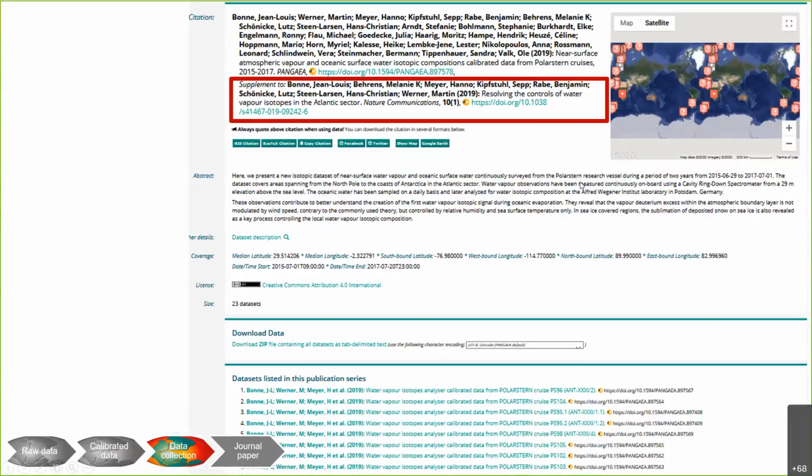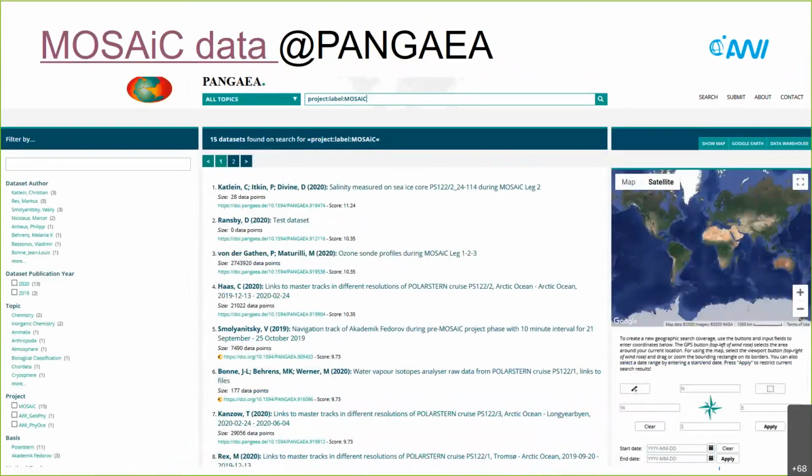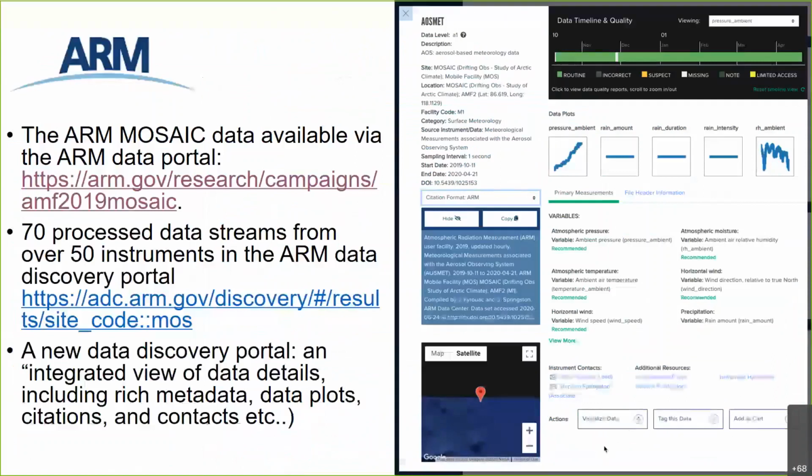So you can copy the citation by a button here, or you can export it to different formats. So this is possible for all datasets that have been published already. Right, and for MOSAiC data, for the MOSAiC project, we already have some data published in PANGAEA, about 15 datasets at the moment, and you can explore them when you type MOSAiC, you can select project MOSAiC, or you can type MOSAiC 2019-2020, and after these expressions, you'll find it.